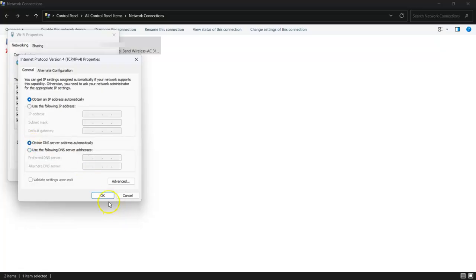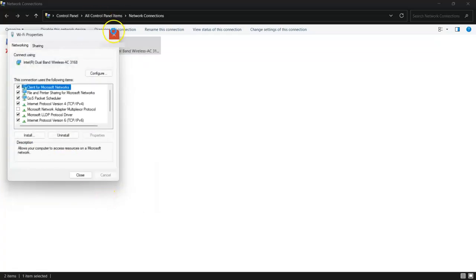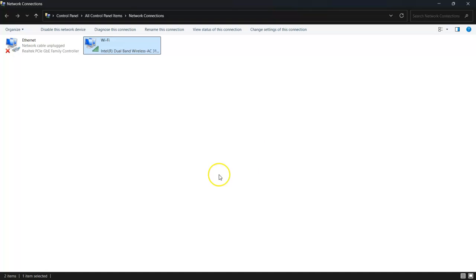I'd recommend restarting your computer at that point, and then if at any point you don't want to have this anymore, you simply follow the same methodology that we did to find this and go back to obtain DNS server address automatically, and then click OK. And then just like that, that is how you go ahead and change your DNS settings on your